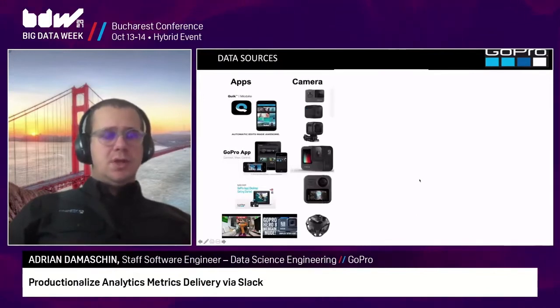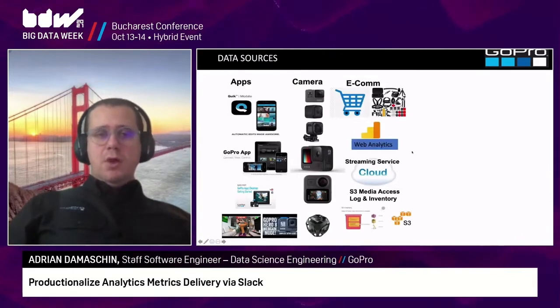The second big source is our camera. All the camera models have integrated the event generation in their firmware. Whenever something is done with the camera, it records a small event in a local log. After that, everything gets pushed to our endpoints whenever we have the chance, whenever the camera gets connected to the internet or whenever we get through the cloud.